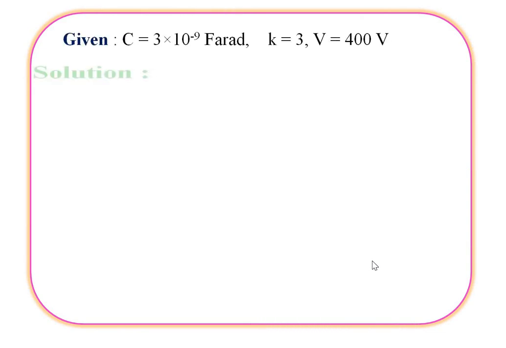These are the given quantities. The energy equation is E of air equals 1/2 CV square. Putting the values of C and V in this equation and solving, we can write